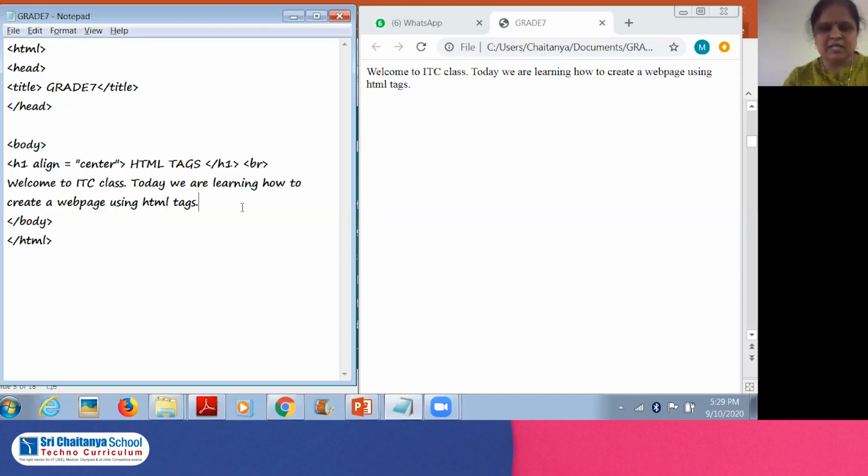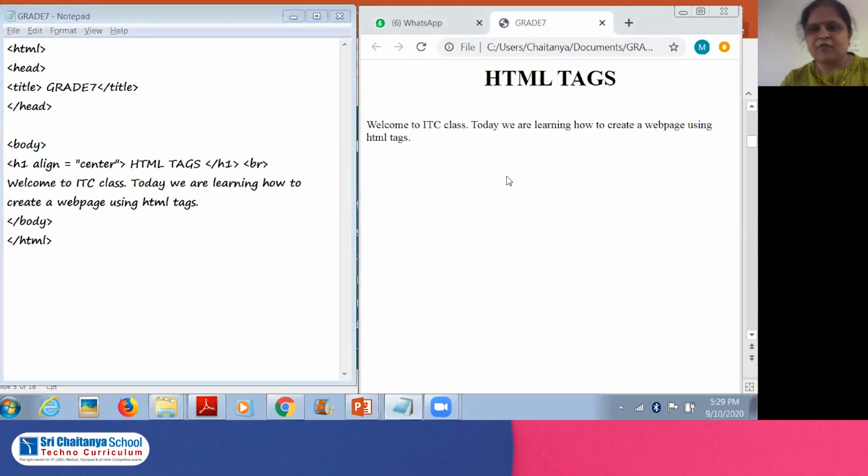Now I'm saving this page and going to the web browser, pressing F5. Yeah, now you can see HTML tags. Here what happened, H1 is a heading tag, so it is written in big letters with bold. Because I have given the align is equal to center value, you can see HTML tags is displayed at the center of the web page.